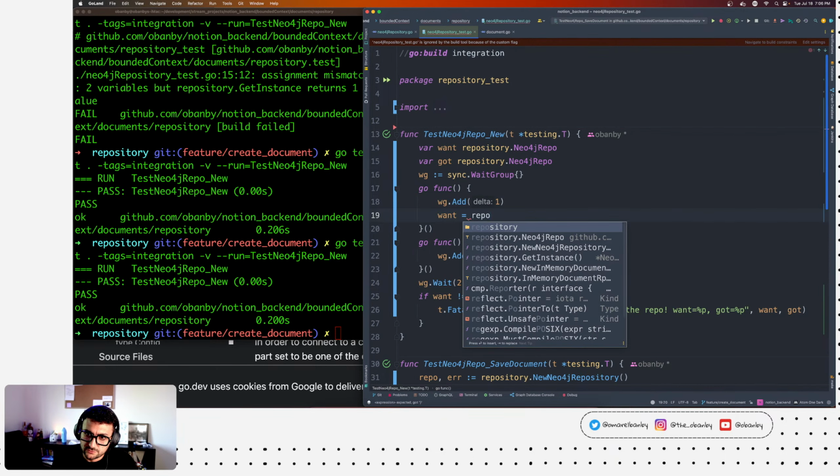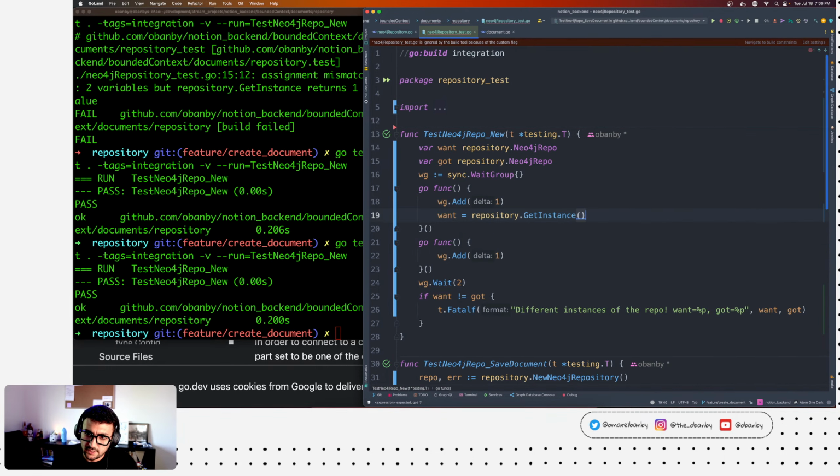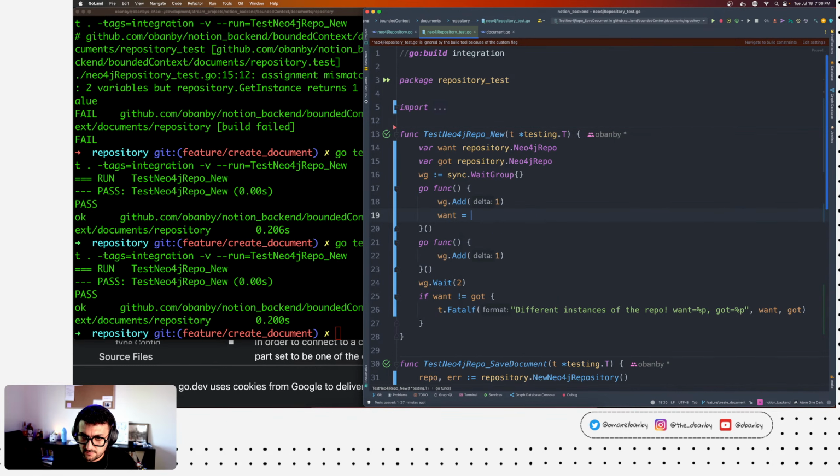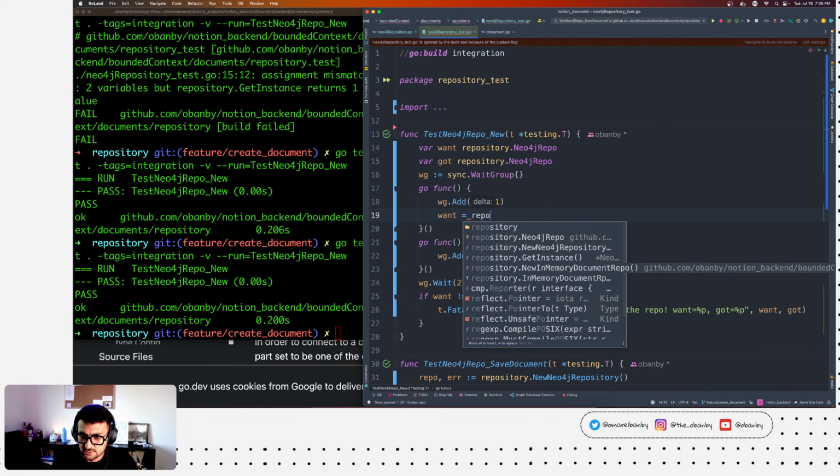Well, repository. Okay, instance. Actually, for J, yeah, repository. Okay, instance.